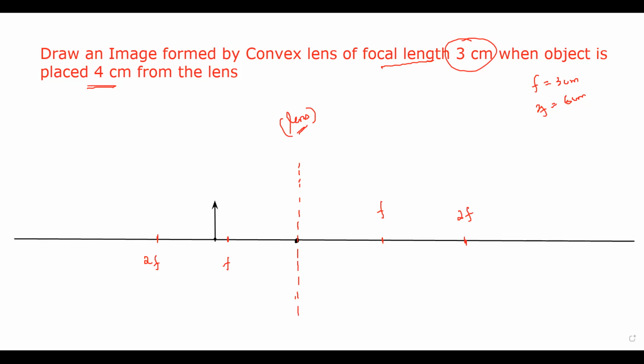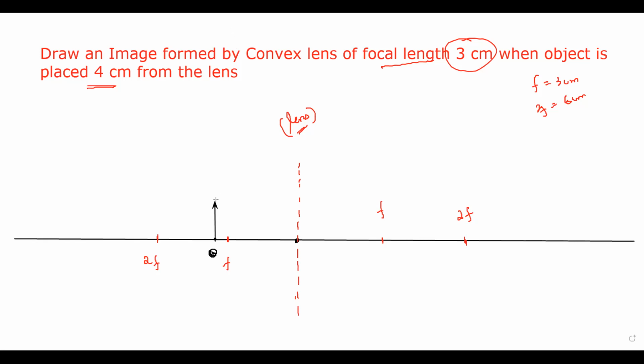You are done till this point, and label that as O, the object. Now draw the light rays. Yeah, draw the light ray. First one